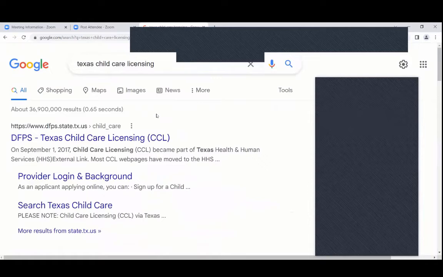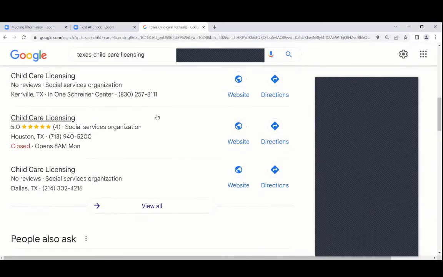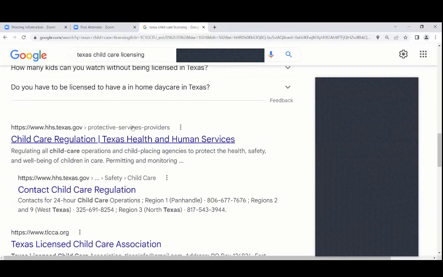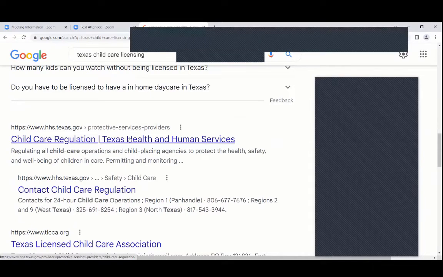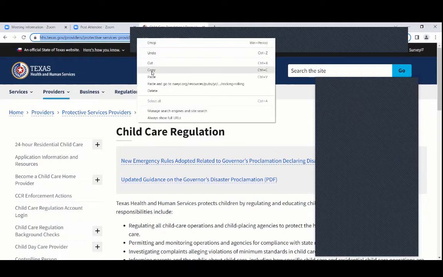You will notice that DFPS came up first. I don't know if they've migrated their website. I honestly don't know. I'm unsure, so I'm going to go here because I know this is where it lives now. It's HHS Texas.gov. Okay, so I'm going to pull this website, copy,